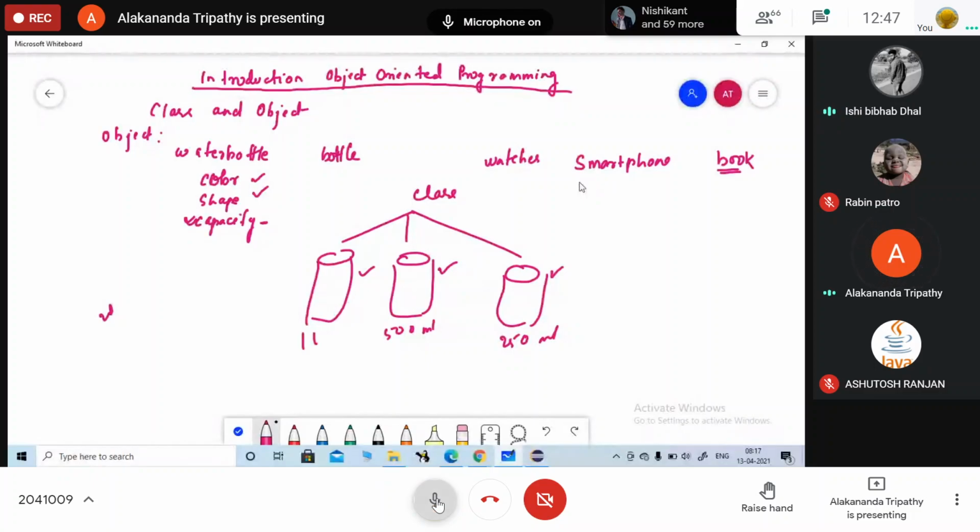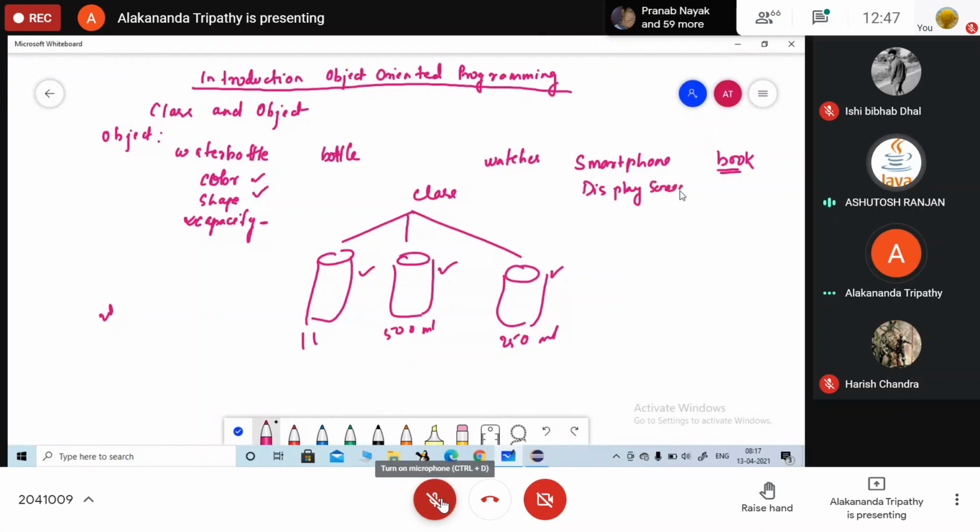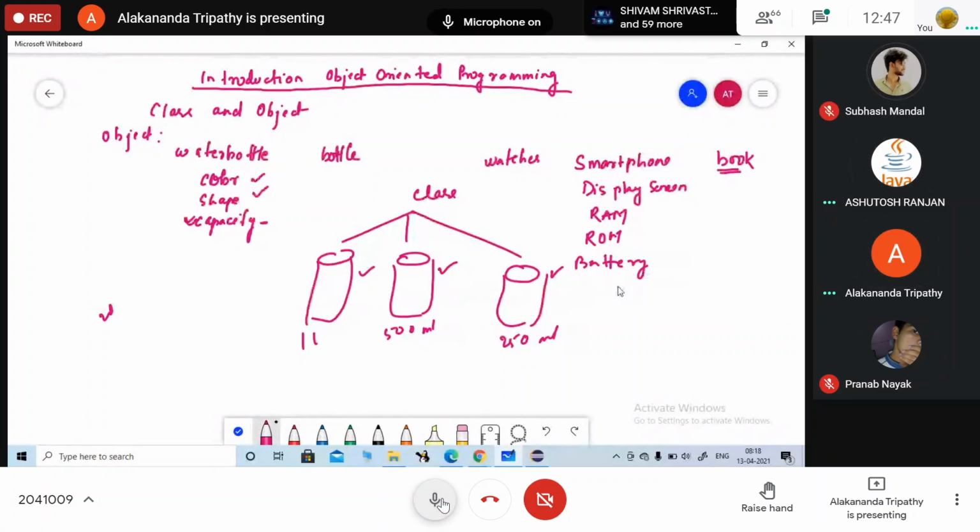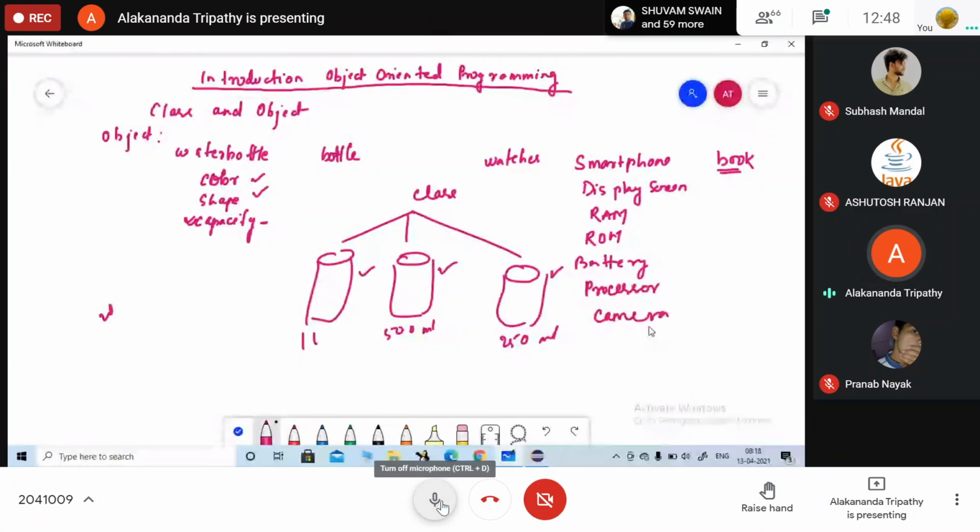Tell me. It's smart and has RAM, functions, then Internet, display screen size, then RAM, then ROM, battery. Yes, and what other properties are there? Processor, camera, operating system. Okay, processor, OS. So you now tell me a list. Processor, yes, I have written it.